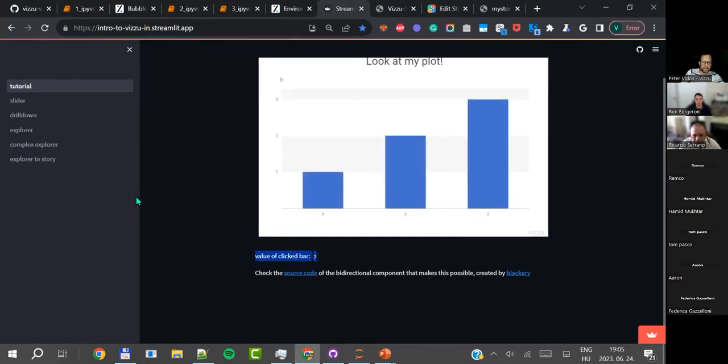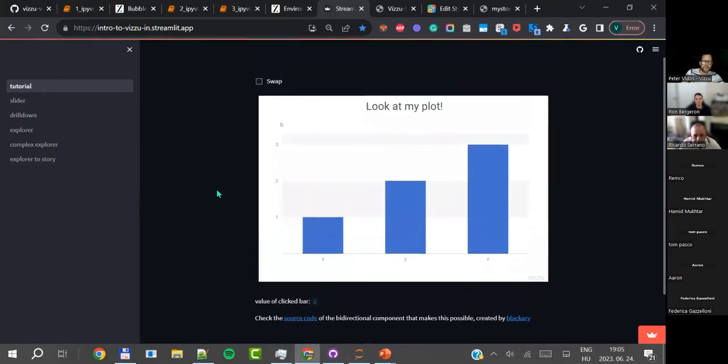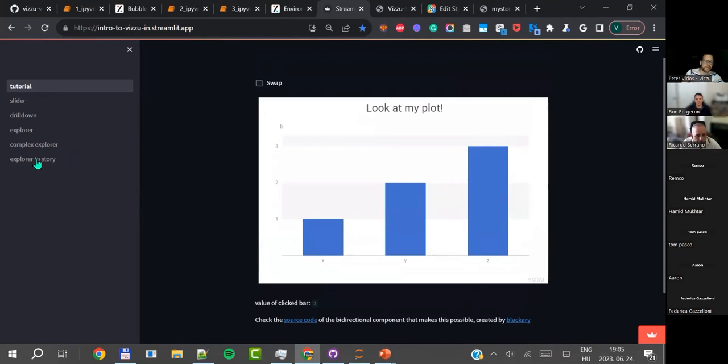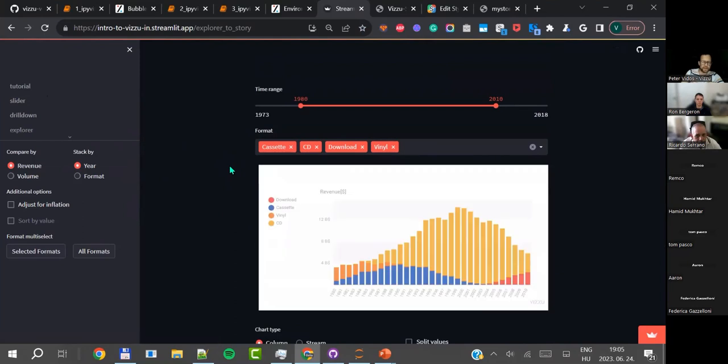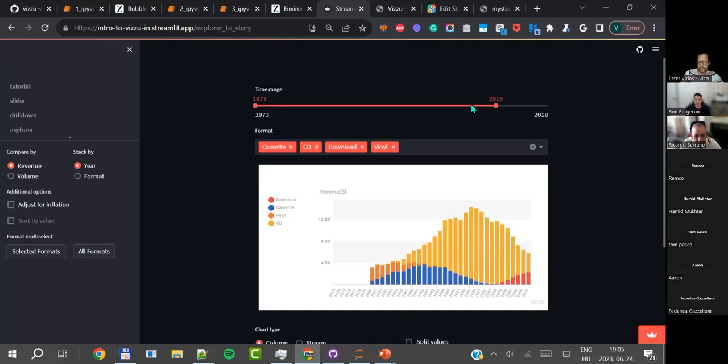So there are plenty of ways you can use this, and the most sophisticated way we figured to use it is to build it into an explorer. Obviously, if there were more charts here, we could even call it a dashboard that again has the music revenue data. We like to stick to data sets because it's not the important bit here. And you now have a ton of other interactive elements around the screen, like you can change the time range, like what's visible on the screen.